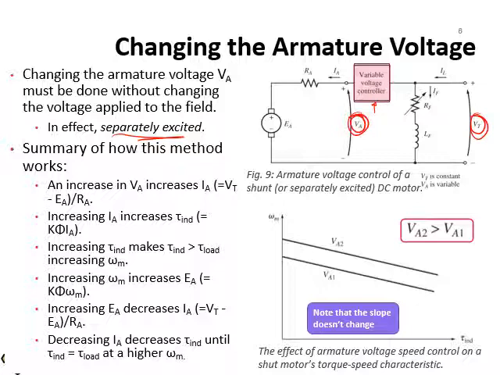Okay. Let's assume now we increase VA. We increase VA. So what will happen? Now, if you look at the first sub bullet point here, an increase in VA will increase IA. Which I think is quite obvious. This increase in VA, if you look at the schematic diagram, will result in the increase in IA because